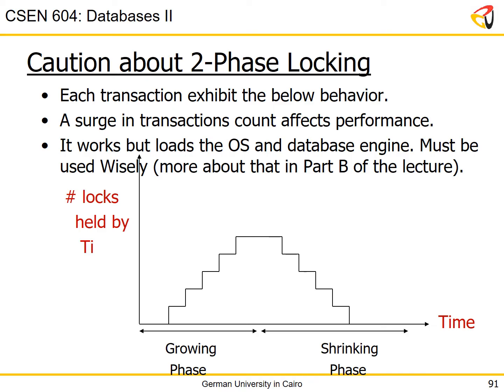Now, something very important about two-phase locking. Two-phase locking is great, two-phase locking works, but it is not a cheap thing to do. It is a very expensive operation in an operating system, because the behavior of two-phase locking means that if you get lots of transactions arriving at the same instant, let's say you've got a very busy website and 50 users are pressing buy on this item at the same instant, what you're going to get is a jump in the number of locks requested from the